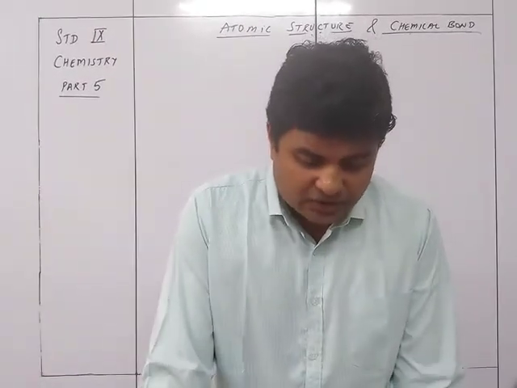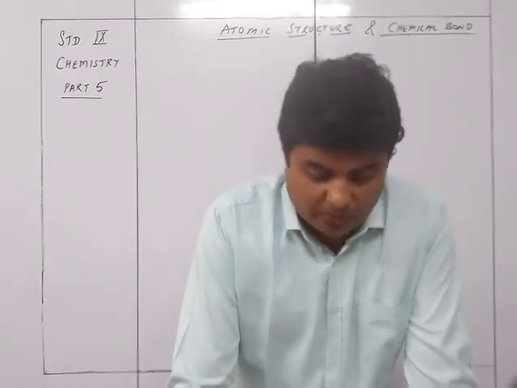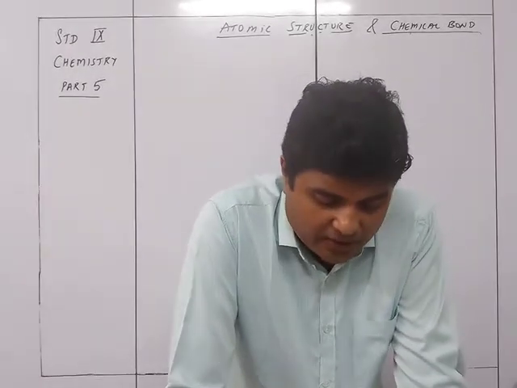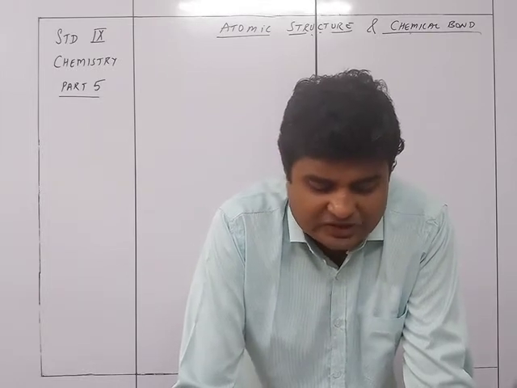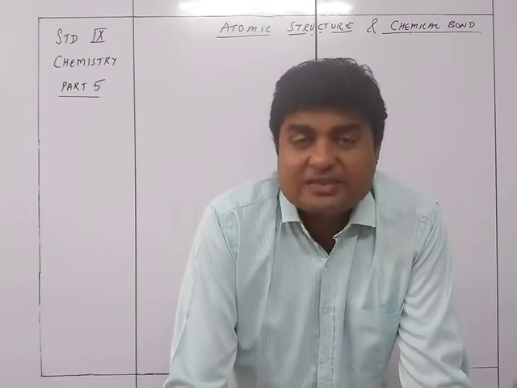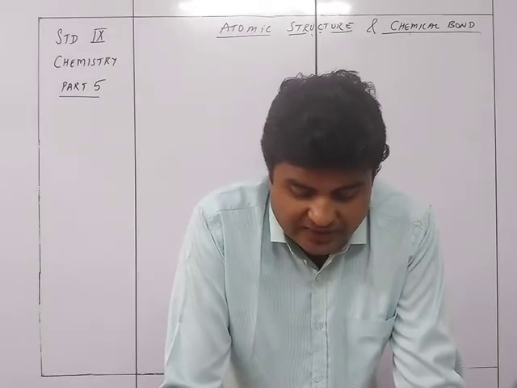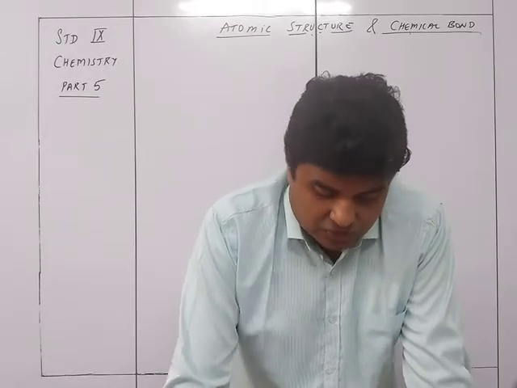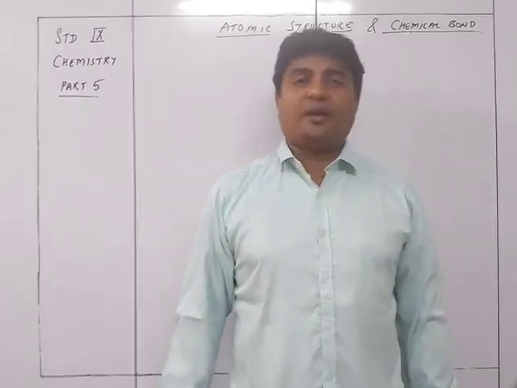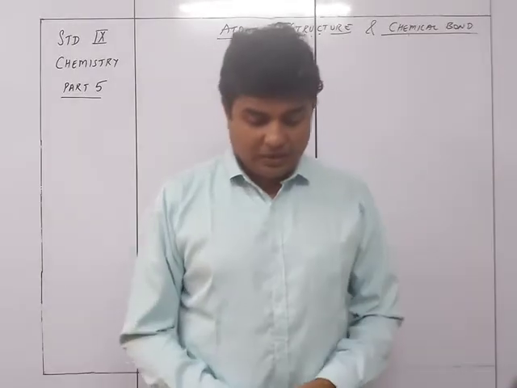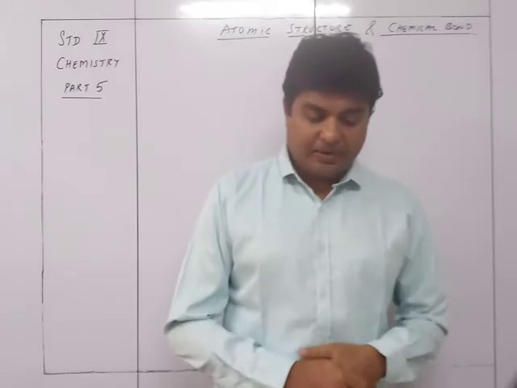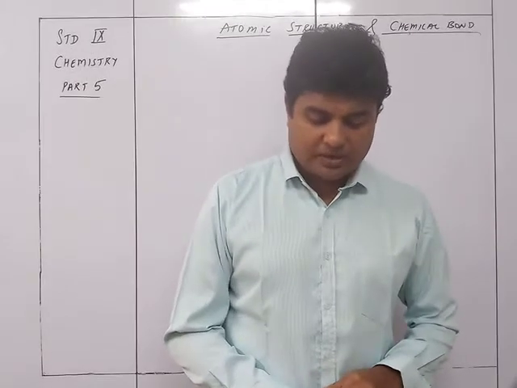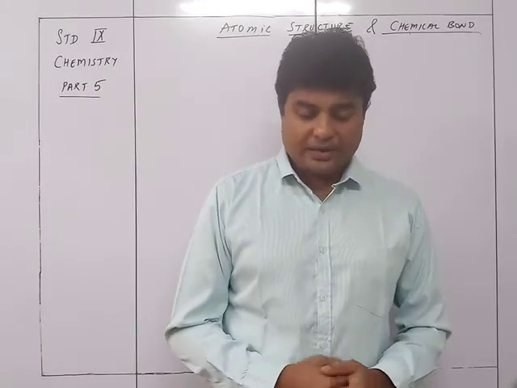So now the hydrogen atomic structure we are going to see. For formation of the hydrogen molecule, the hydrogen atoms redistribute their electrons so that each combining atom attains a stable electronic configuration of the nearest noble gas. The stable electronic configuration of the noble gas nearest to hydrogen is helium. In a stable electronic configuration, the valence orbital is complete. That means it has 2 electrons in the outermost shell and does not gain, lose or share electrons.